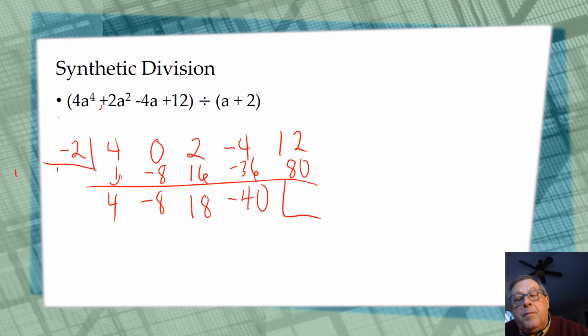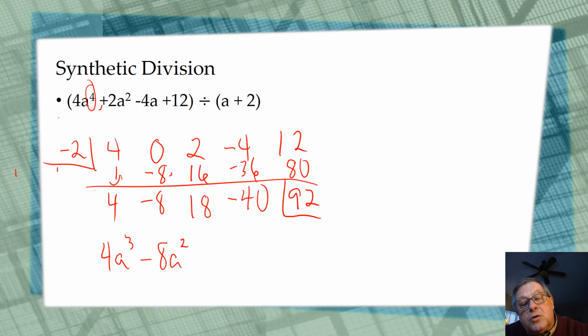I'm going to draw my box because guess what? I got a remainder. 12 plus 80 is 92. And now I'm ready to write this as a depressed polynomial. So remember up here I started off with a to the fourth power. Therefore my depressed polynomial is going to start with a cubed. So I got 4a cubed minus 8a squared plus 18a